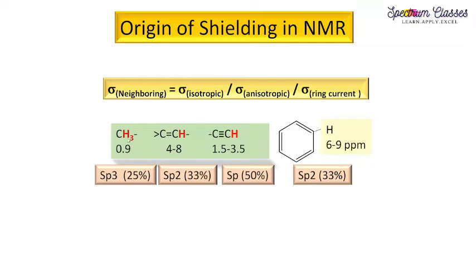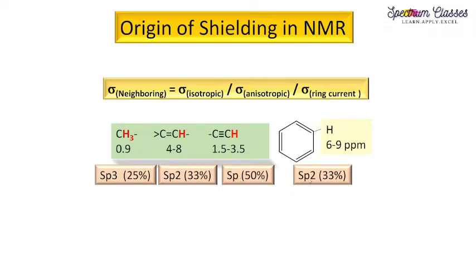So here I have collected a few examples. This is the CH3, which is sp3 hybridized. Here it is C double bond CH, which is sp2 hybridized. Here it is C triple bond C, which is sp hybridized. And this is the aromatic ring, which is again sp2 hybridized. Here I have given the contribution of s orbital. We have 4 orbitals, 3 plus 1, and the contribution of s out of these 4 is 25%. Here we have 3 orbitals and the contribution of s out of these 3 orbitals is 33%. If we have sp orbital, then both orbitals have a contribution of 50-50%.